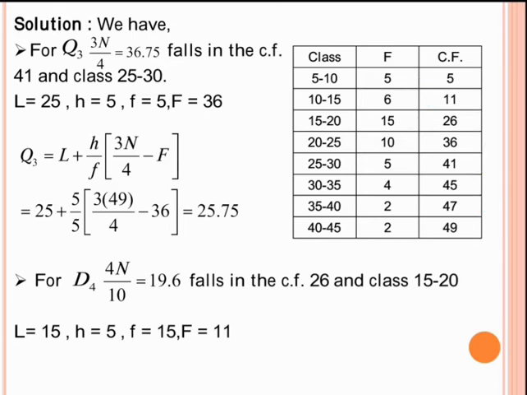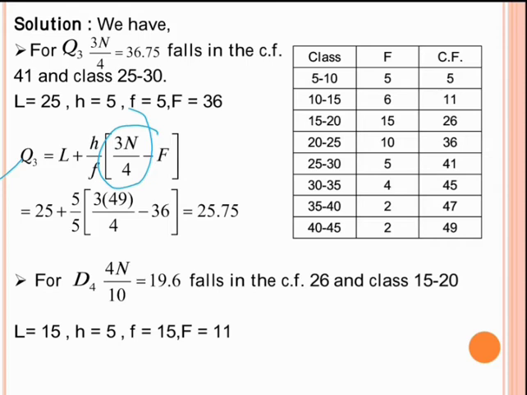Now here we will use the formula we have just discussed. We will use the formula as we were using in median. Okay, so that formula we will use here. See, Q3 will be equal to L plus H by F into 3n by 4 minus capital F. Now we know how to find these values. It is very easy to find. Same method we are using here, which we use for median. See, there we were using n by 2, and here what is given to us? 3n by 4. So first we'll find 3n by 4.